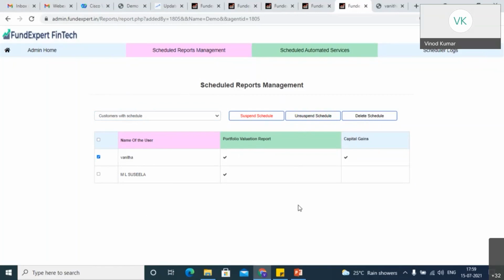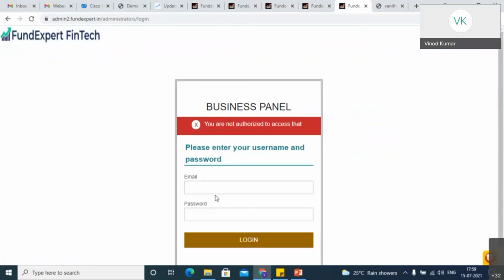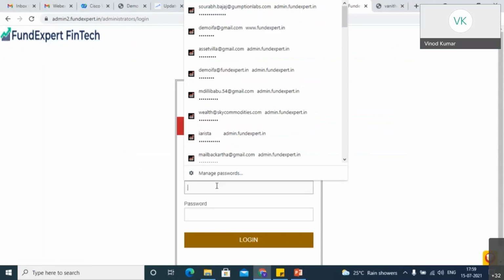So everything is possible. This auto scheduling module will be very useful for you to update your clients automatically. Your clients will feel the effort that you're taking. Regularly, you don't even have to remember, it will automatically send an email to the client with their particular report. And to make sure that all the emails are going correctly, we have given a scheduler log as well.